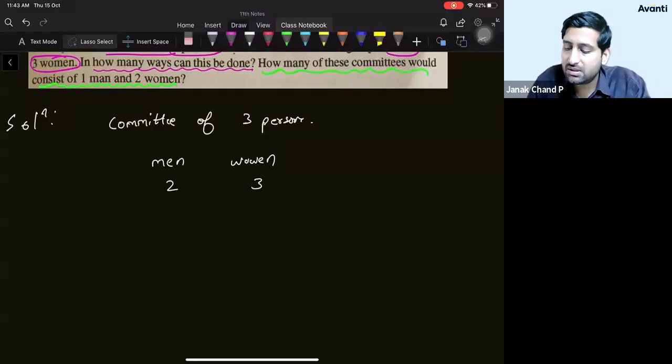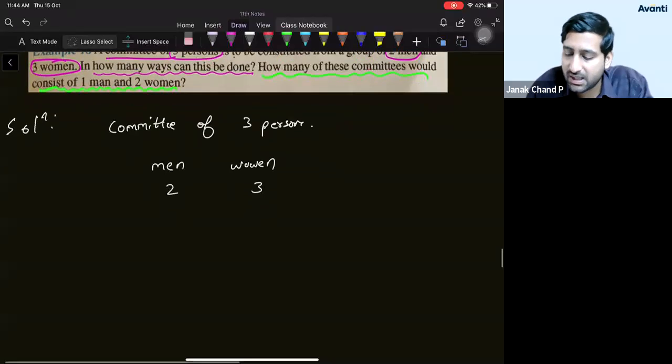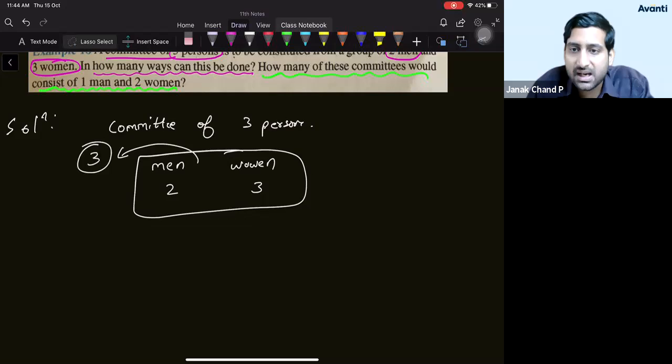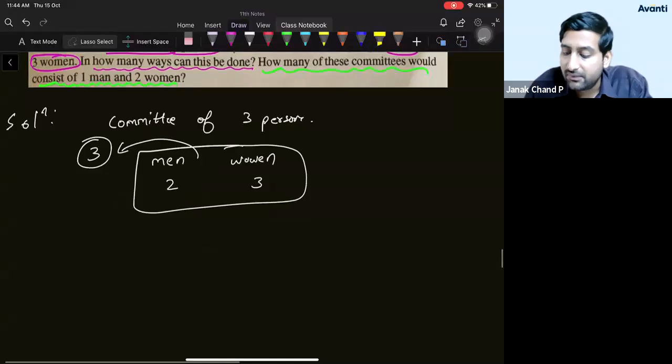Now what I should do is make a committee of 3 persons from these 2 men and 3 women. So can anyone tell me how to solve this? See, pink color is nothing but the first part of the question. They're saying that we have 2 men available with us and then 3 women. This is the total that I have. So from this, I need to make a committee made up of 3 persons. That means from this, I should pick any 3 persons. There is no extra condition given in the first part of the question. They have only said that we have 2 men and 3 women, and from this I should take any 3 persons and form a committee.